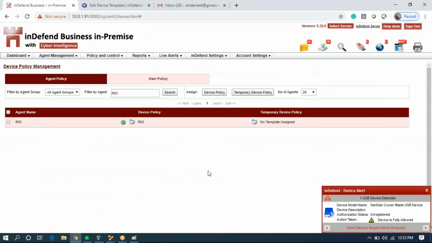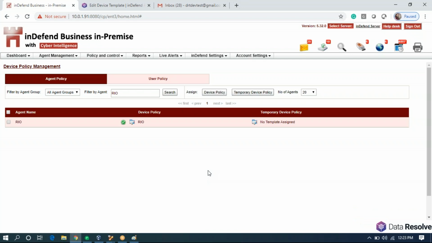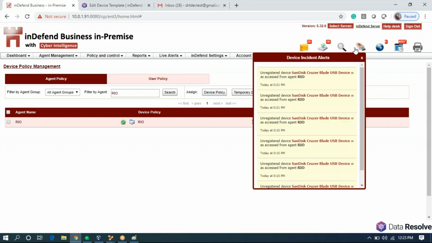In addition to that, whatever data has been transferred to this USB has been monitored and captured. And since this USB was not registered, we also get this incident alert: Unregistered device was used.